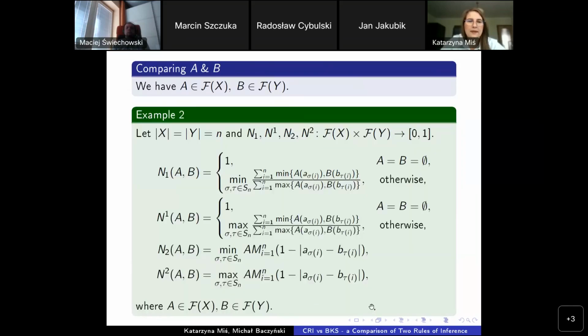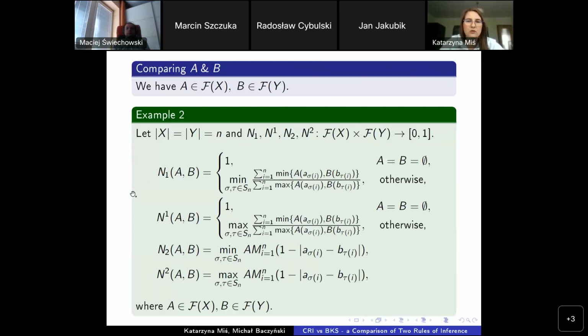So these, of course, now we cannot say about the symmetry. However, if we have that X is the same as Y, I mean these universes, of course we will have the symmetry as well. So some of the properties of similarity can be satisfied here as well. So what we have done after this theoretical introduction is that we